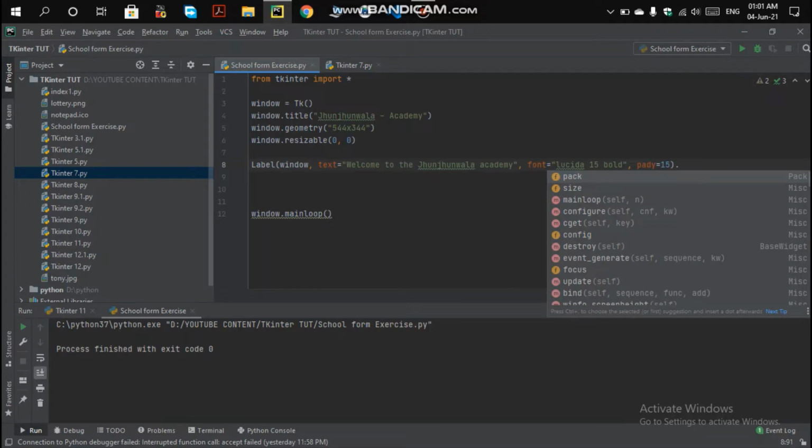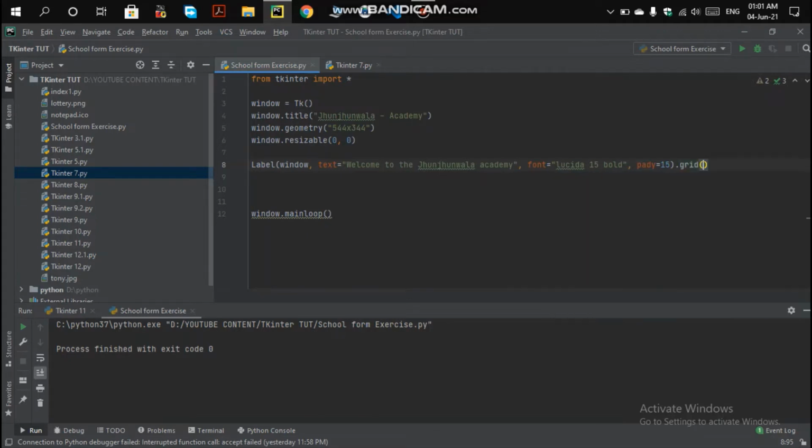I will explain what the grid is and how we can use it here. Basically, grid works with rows and columns, like in Excel, if you know a little bit about how rows and columns work. Similarly, rows and columns work in the grid. There are two values, the row and the column. Row goes in this direction, and column in this direction.